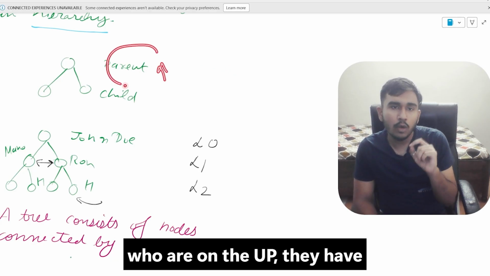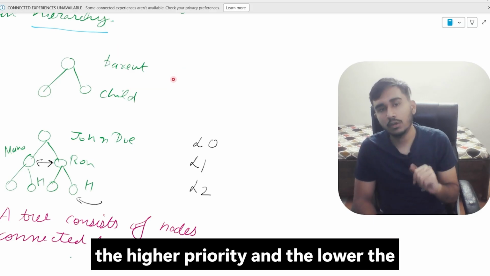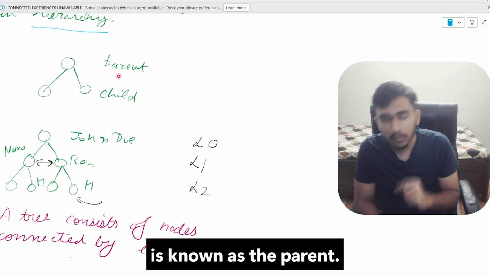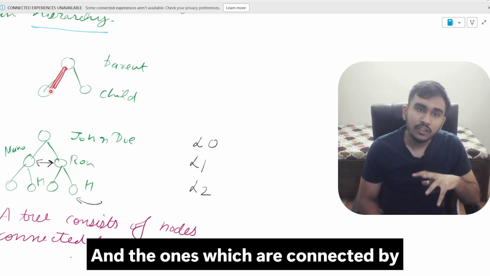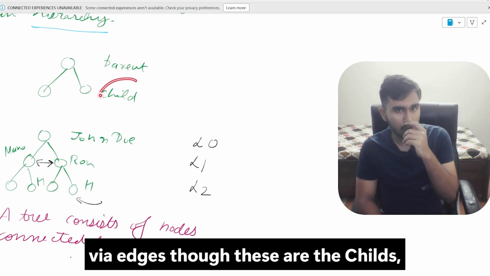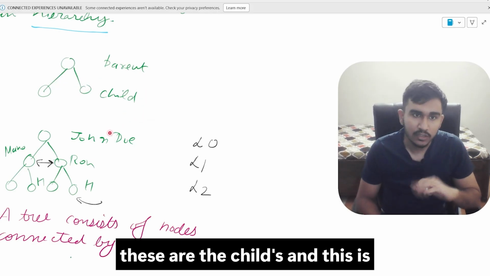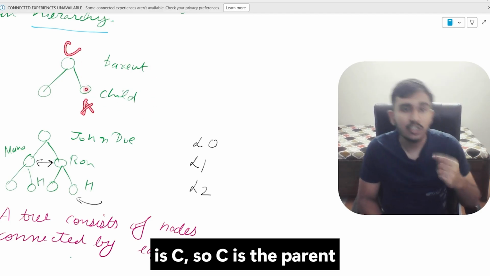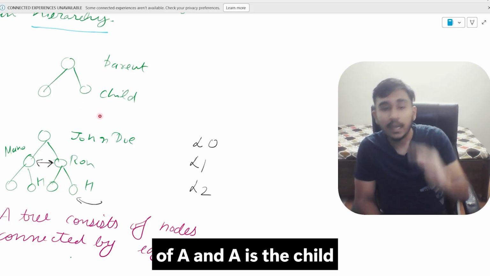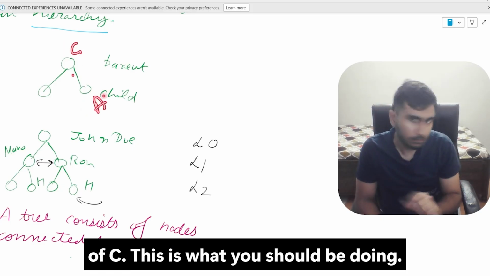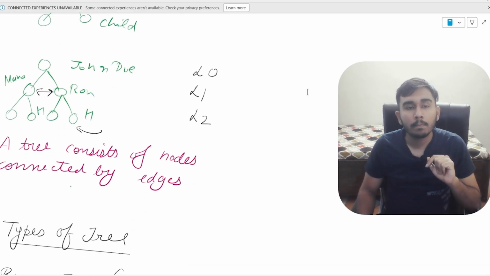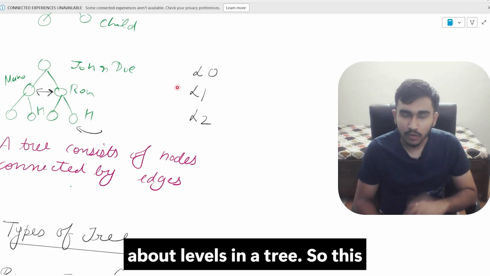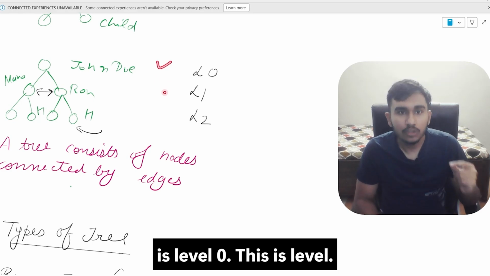So the people who are on the top, they have the higher priority, and the lower ones have lower priority. The upper one is known as the parent, and the ones which are connected via edges are the children. This is the parent and this is the child. So if this is B and this is C, so C is the parent of A and A is the child of C. This is what you should be knowing. Next, we are going to be talking about levels in a tree. So this is level 0, this is level